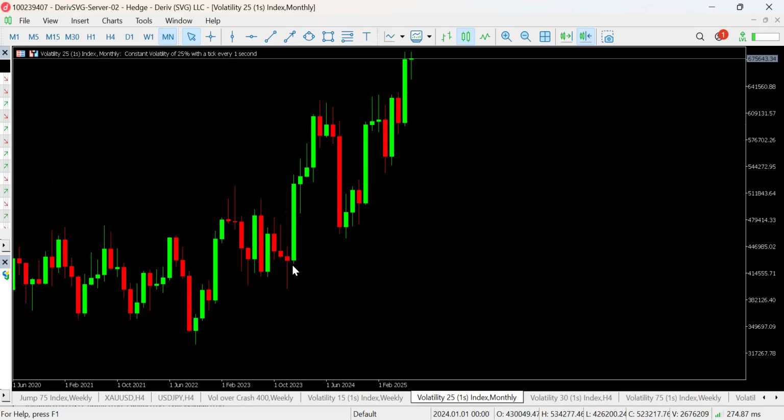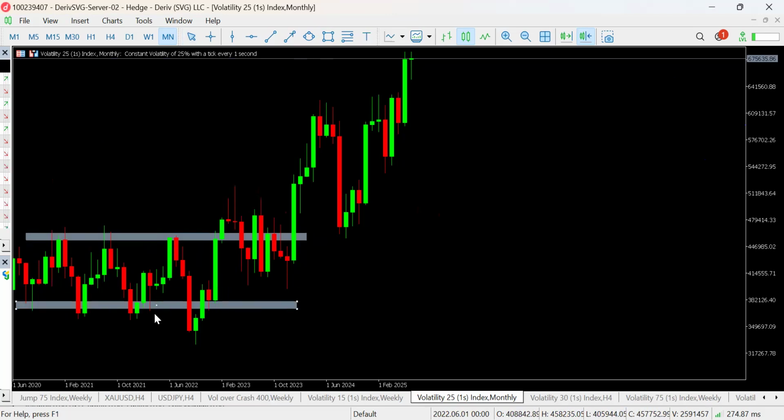When we say something is ranging, it means it is moving between a resistance and a support. So even on the monthly time frame, you can see this happened for a long time, and then price finally